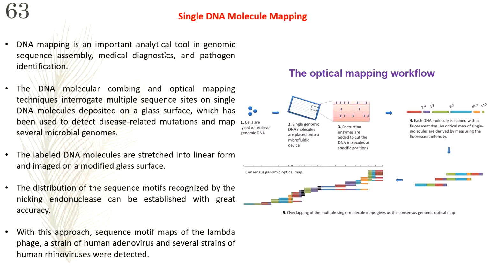And this single DNA molecule mapping method is based on direct imaging of individual DNA molecules and localization of multiple sequence motifs on the molecule. So these individual genetic molecules are labeled with fluorescent dye at very specific sequence motifs, and the sequence-specific labeling starts with introducing nicks in the double-stranded DNA at specific sites. These sites are recognized by endonucleases, and we know that there are some endonucleases which can cleave only one strand of the dsDNA substrate.